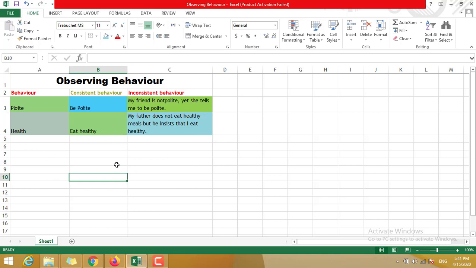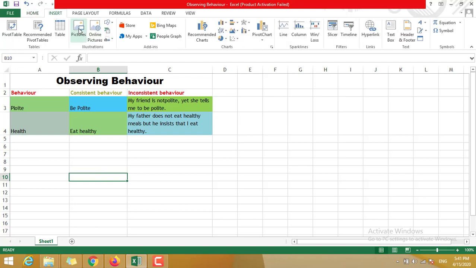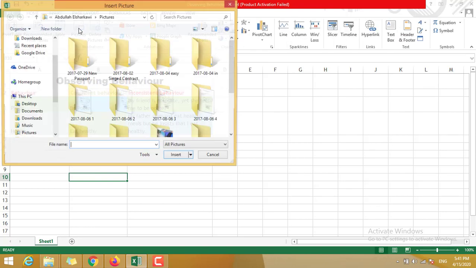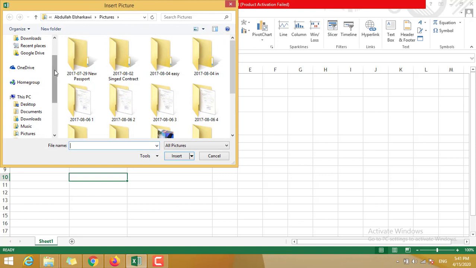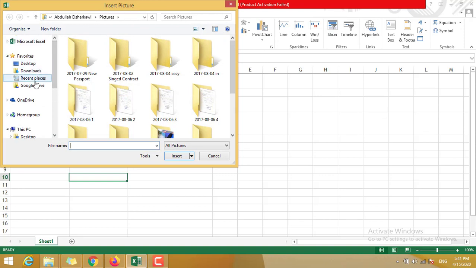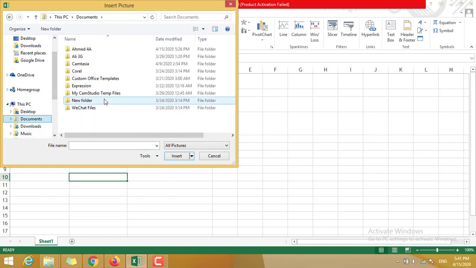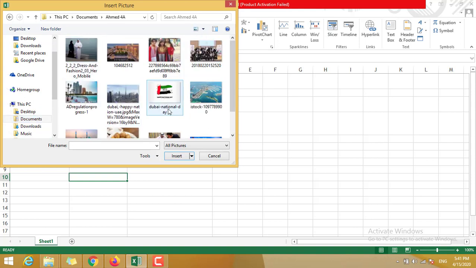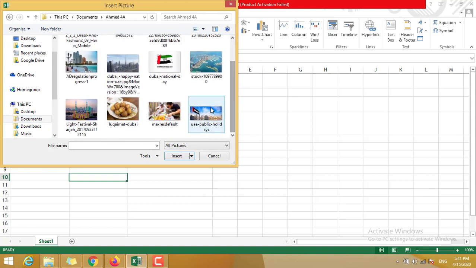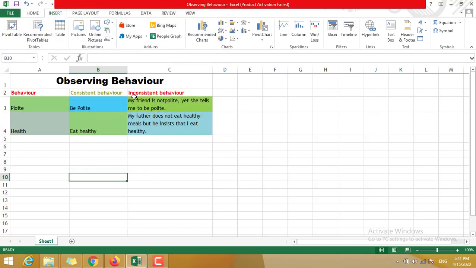Then the last part is to add a picture or add a clip art. You're going to click insert. You're going to click picture if you downloaded it from the internet. You're going to save it somewhere on your computer. For example, you save it in documents or desktop. Go to the documents and you will find the picture there, whatever is in your file, and then you can insert that picture. Now I'm going to show how to use the clip art, or here in this Office it's called